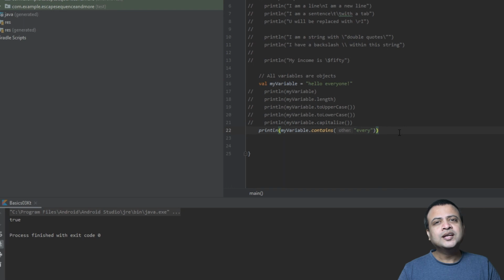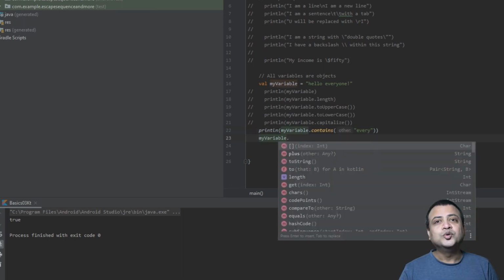Please note, there are a lot of methods and a lot of properties to cover in a single video. So I'd suggest whenever you want to find out which properties and methods are available on the variable, you can just type the name of the variable and then press a dot, and you will be pleased to see that all the methods and the properties that are available on your variable are shown in a single list. You can scroll through this list and see if you would like to use some method or property in your programs.